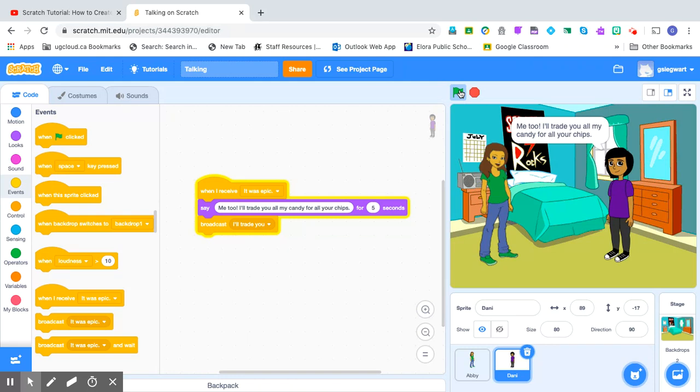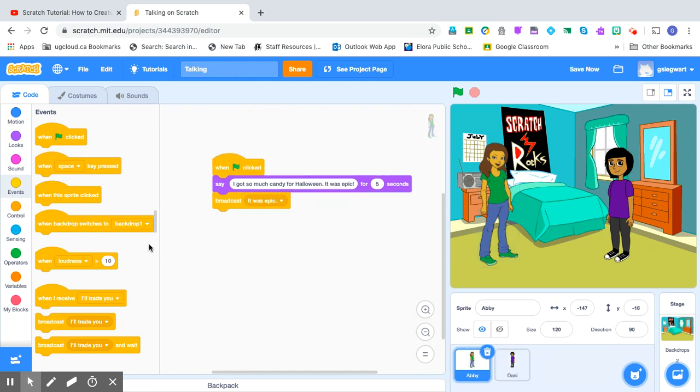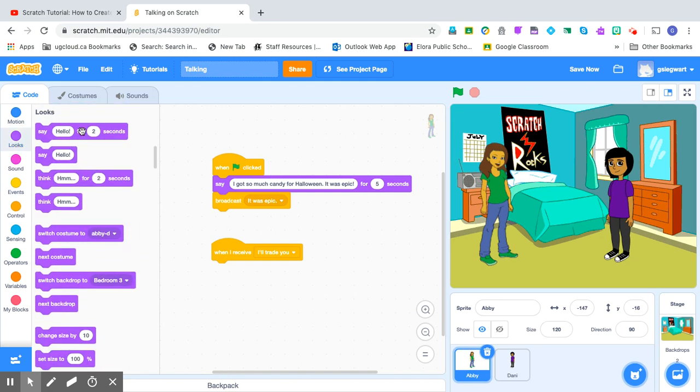Okay, so it's working. And you can change the time. If you feel like that was too long, you can change it to 4 seconds or 3 seconds. Or if you didn't feel like it was long enough, you can change it as well. So now I'm going to go back to Abby and I'm going to say, when I receive, I'll trade you. Oh, what do we want her to say back? Or maybe she's thinking,